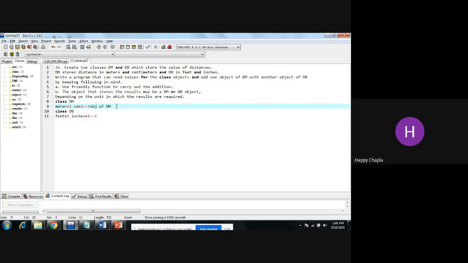But the object of my DM class cannot access feet and inch, and if I have one object of the DB class, it cannot access meter and centimeter, right?